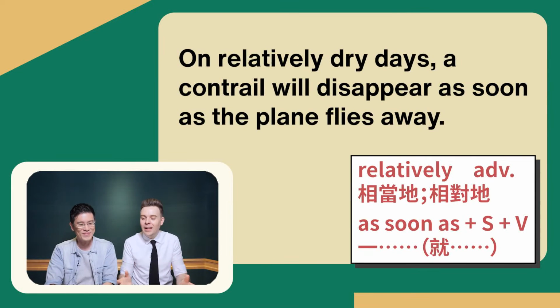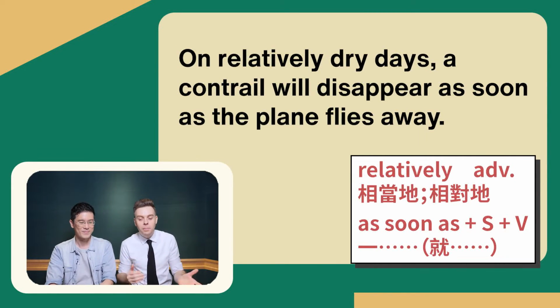All right, here we go. On relatively dry days, a contrail will disappear as soon as the plane flies away. 好，这边有看到一个很重要的词叫 as soon as。as soon as 的话就是一怎么样就怎么样，两个动作好像一个发生之后，另外一个马上就发生的感觉。所以这句话说 on relatively dry days，在相对干燥的这种日子里呢，a contrail will disappear as soon as the plane flies away。